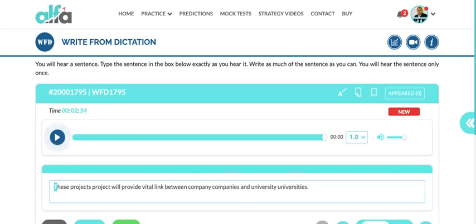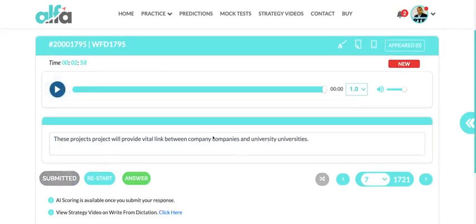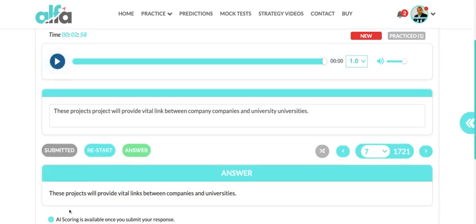Okay, so with this in mind, let's see what the score says, and we'll try a few more questions together, and this time I hope we get some answers from you as well. So these projects will provide vital links. So link, links was the word between companies and universities. So everything was plural. Okay. So यसरी चाहिँ तपाईँले यो क्वेसनलाई initials first and then explaining it helps you slightly. And if you want to add a few words in between here and there, दुई चारवटा words राख्न मन छ भने, yes, you can do that.